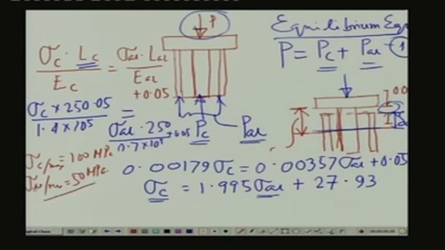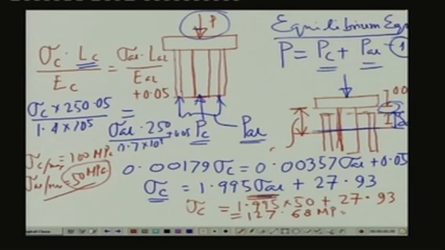Hence, if we take the allowable stress in aluminum as 50 MPa and substitute it here, then we get sigma C is equal to 1.995 times 50 plus 27.93, and eventually the value of sigma C comes as 127.68